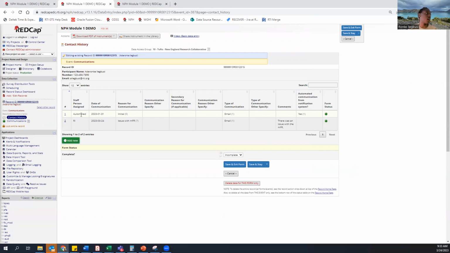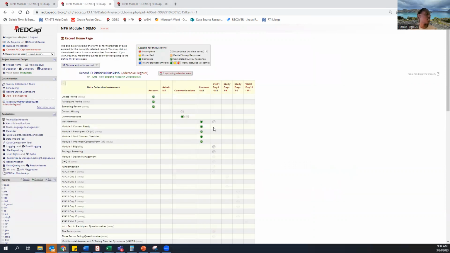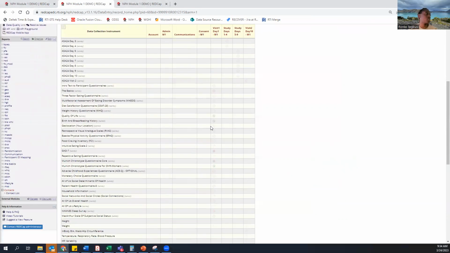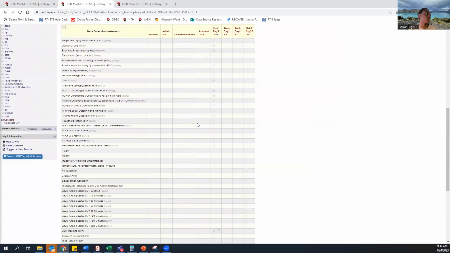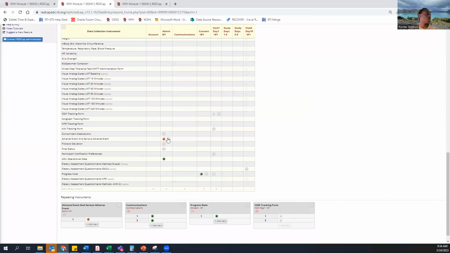So now in addition to that automated email communication, there was also a manual one conducted by RI, and it was an email, and it just shows some comments as to why that communication occurred. So we're just going to go back to the record home page, and another form that I want to show you how to enter data into is this